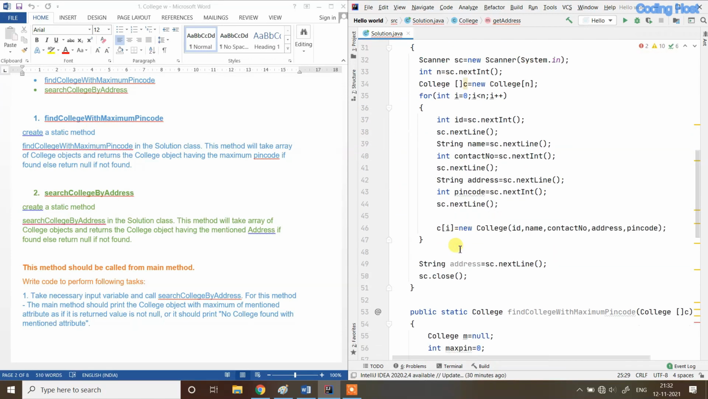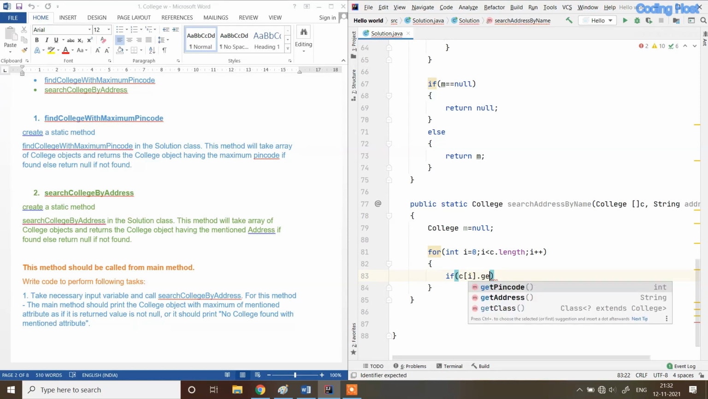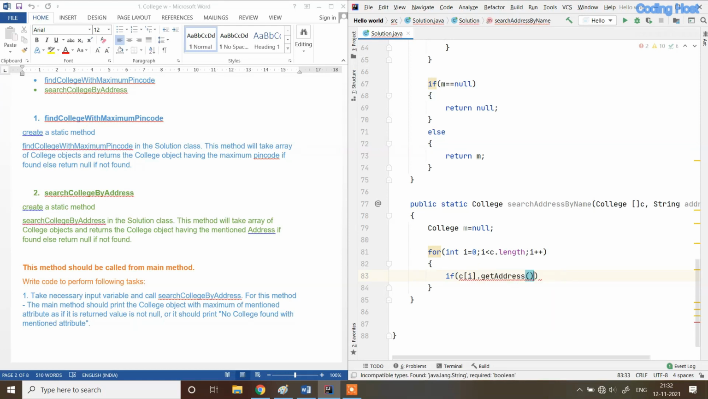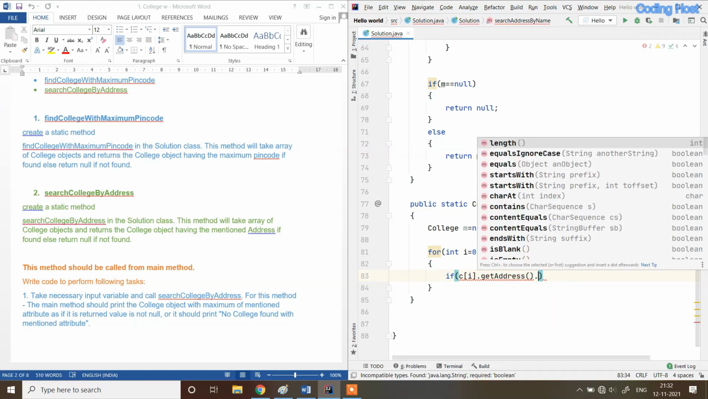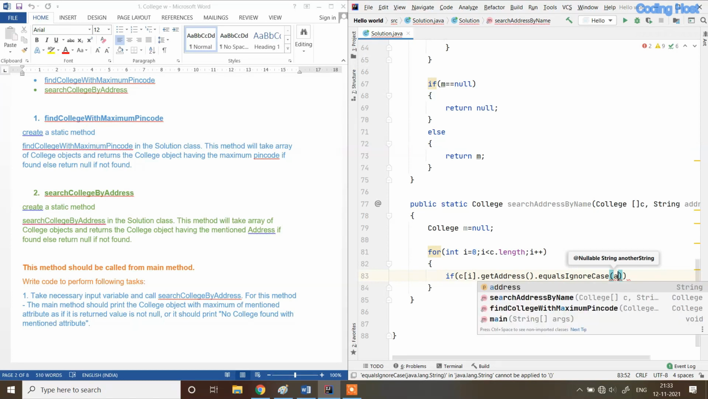Getter is ready. Now we will use it here. c of i dot getAddress dot equalsIgnoreCase. So in the question they will tell you whether you have to use case sensitivity or not, but in this question it is not mentioned that we have to use case sensitivity. So here we will simply ignore the case, and inside of it I will pass the address variable,